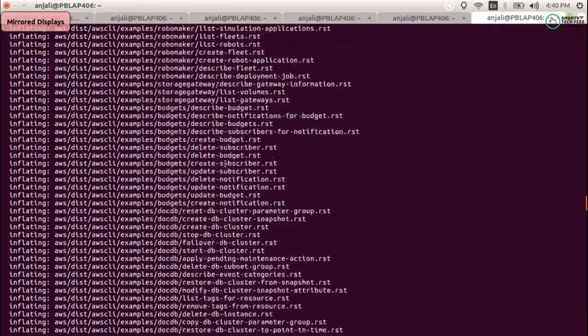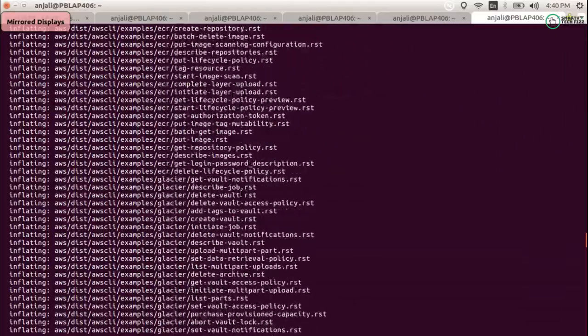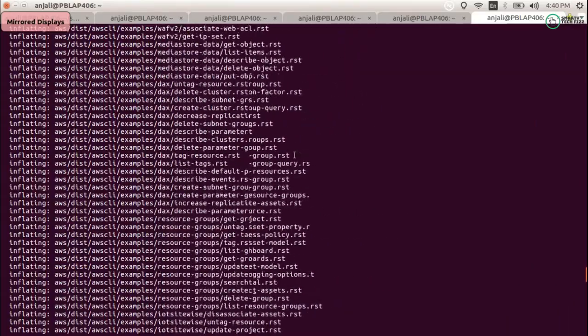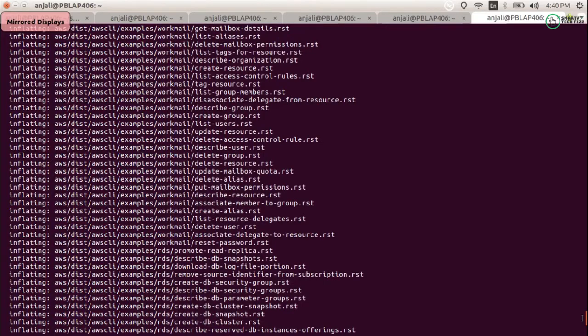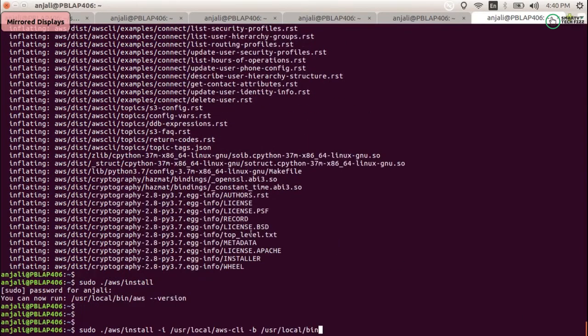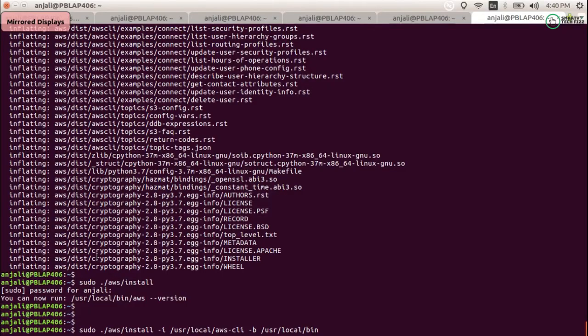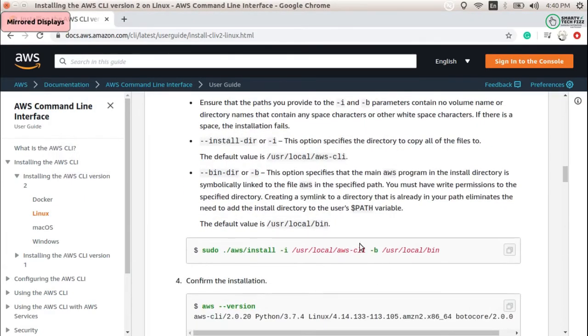There are too many files in it. Now next is sudo ./aws/install. We just run this install command. You can see that it is done.